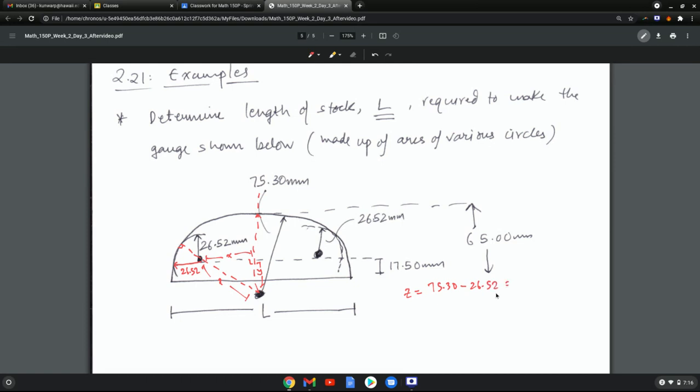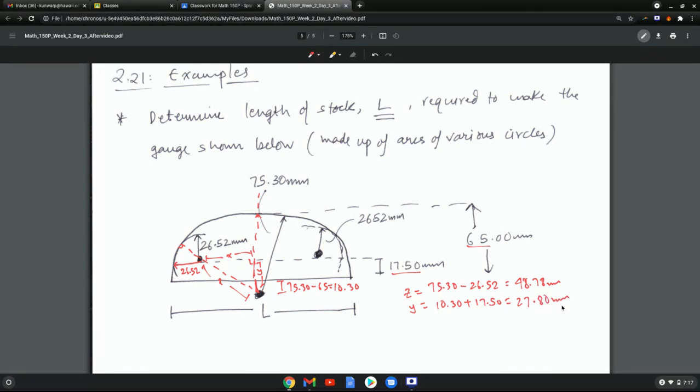So that is 75.30 minus 26.52. That is 48.78 millimeters. Now, as far as y goes, the calculation for y can be done this way. We know this is 17.5, all of this is 65, and the radius is 75.30, which means this is 75.30 minus 65, which is 10.30. Then y just becomes 10.30 plus the 17.50. If you look right here, y is just this distance plus the distance between those two lines, which gives me